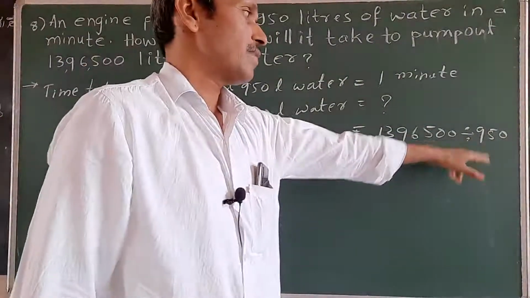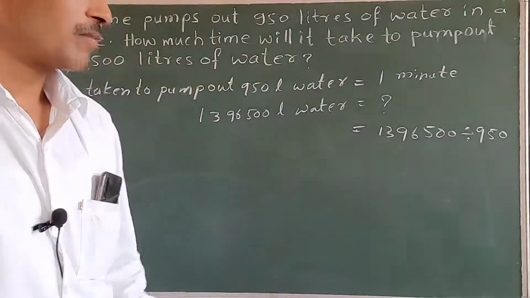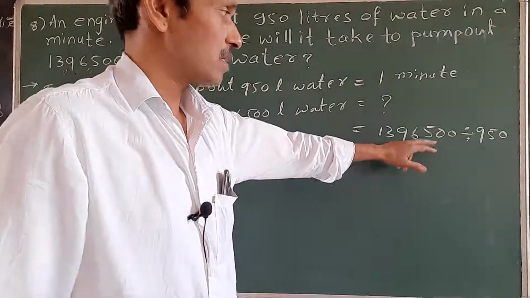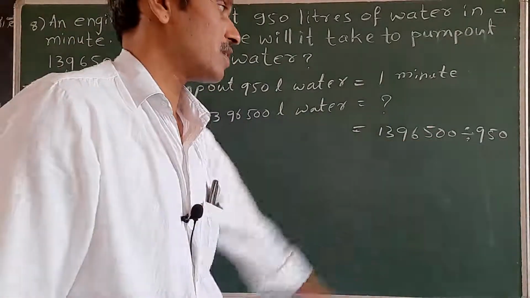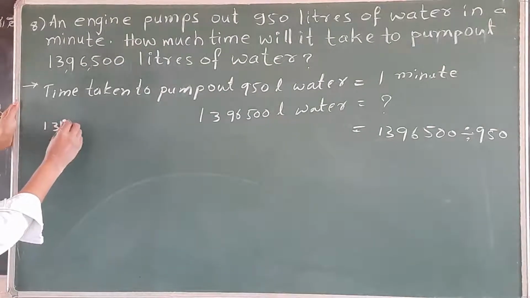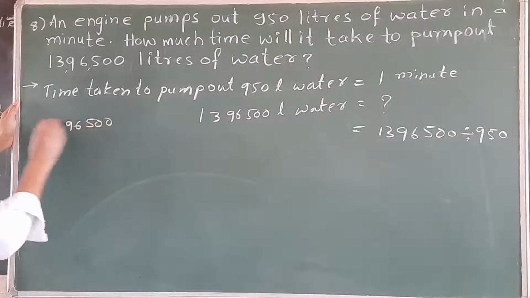To pump out 950 liters, 1 minute is required. If we divide by 950, we will get the number of minutes needed to pump out this much quantity of water. Now we will divide 1396500 by